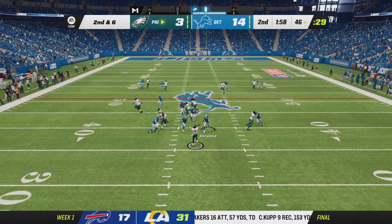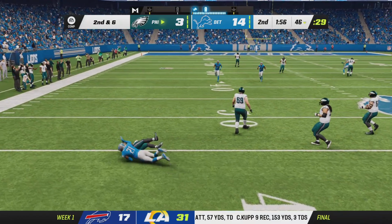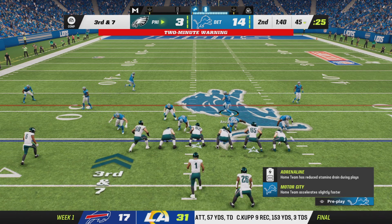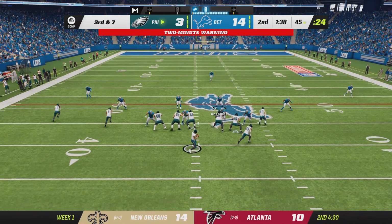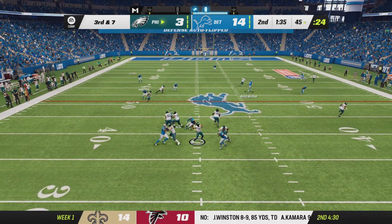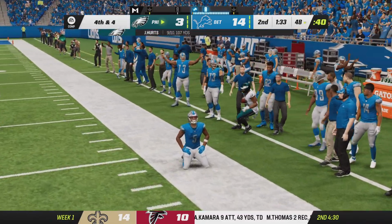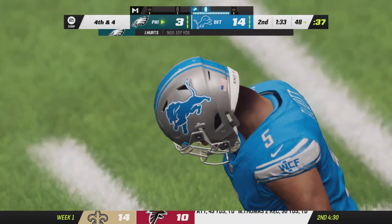To throw on 2nd and 6. Hurts. That's a screen pass. That's complete. And he'll lose yardage on the play back at the 45-yard line. And once again, this is Sanders. And he's able to get this one out closer to midfield across the